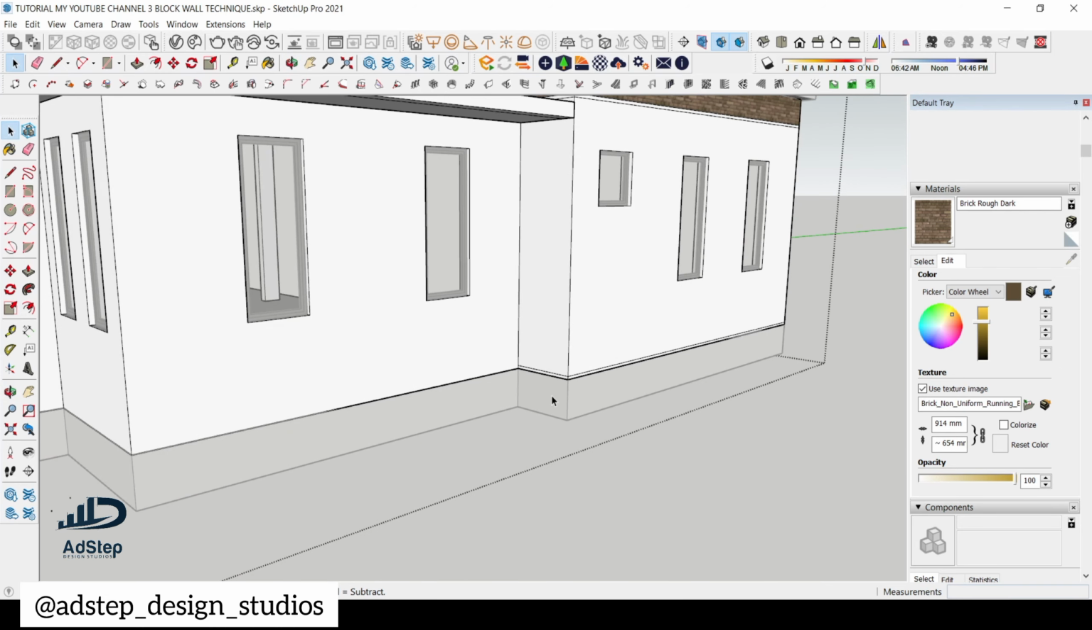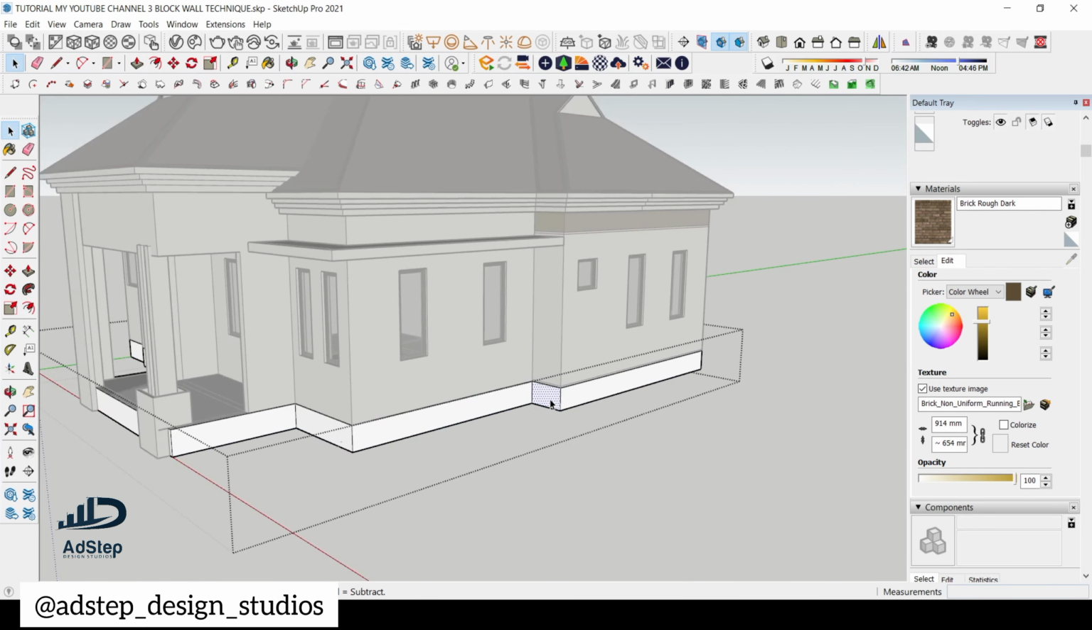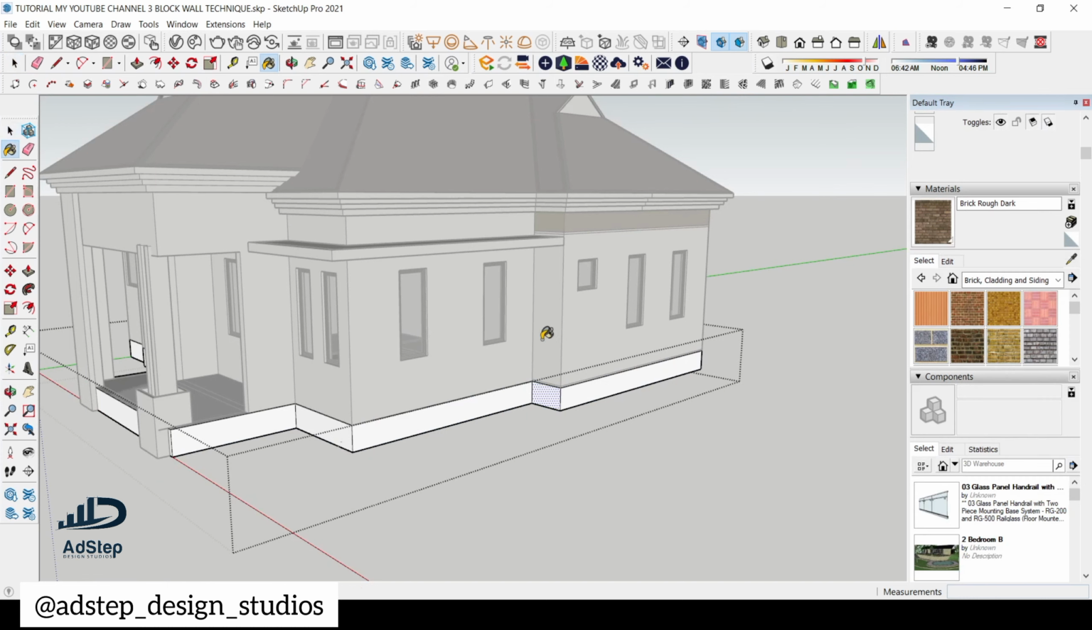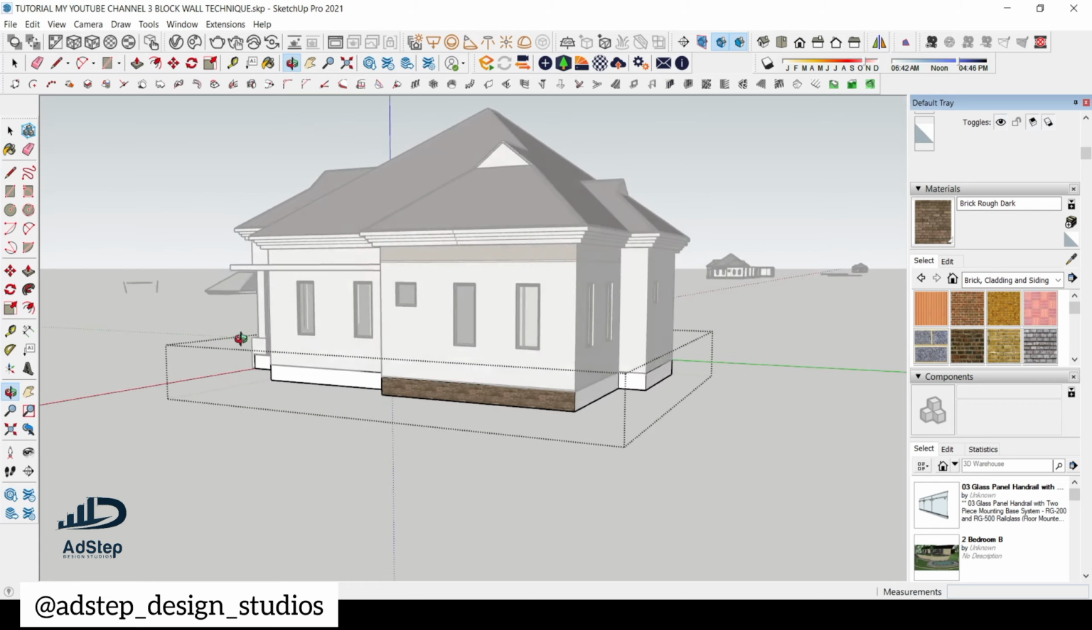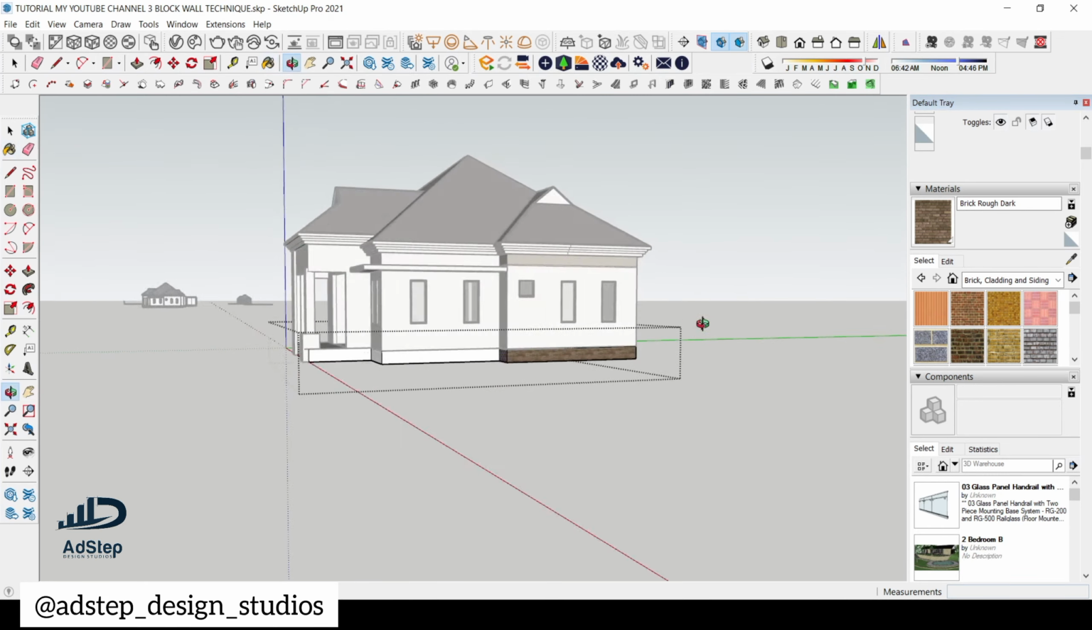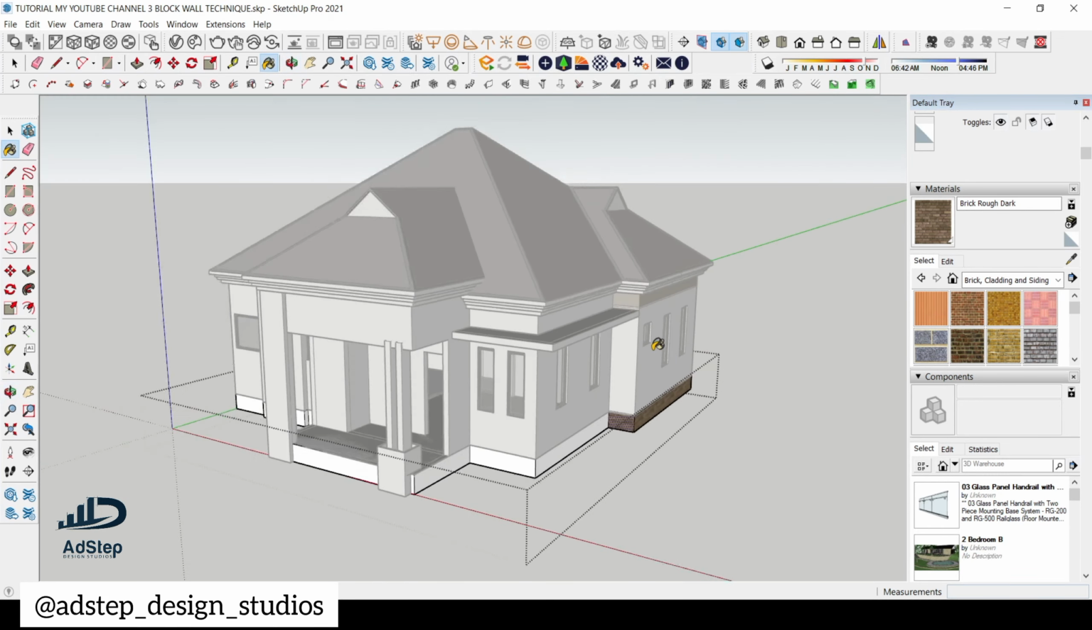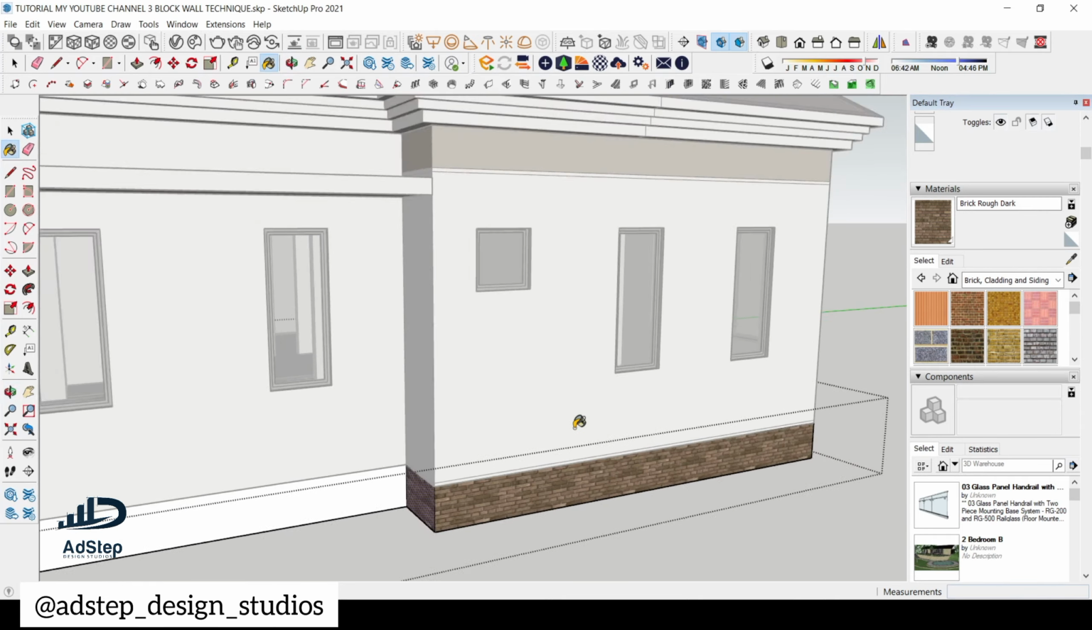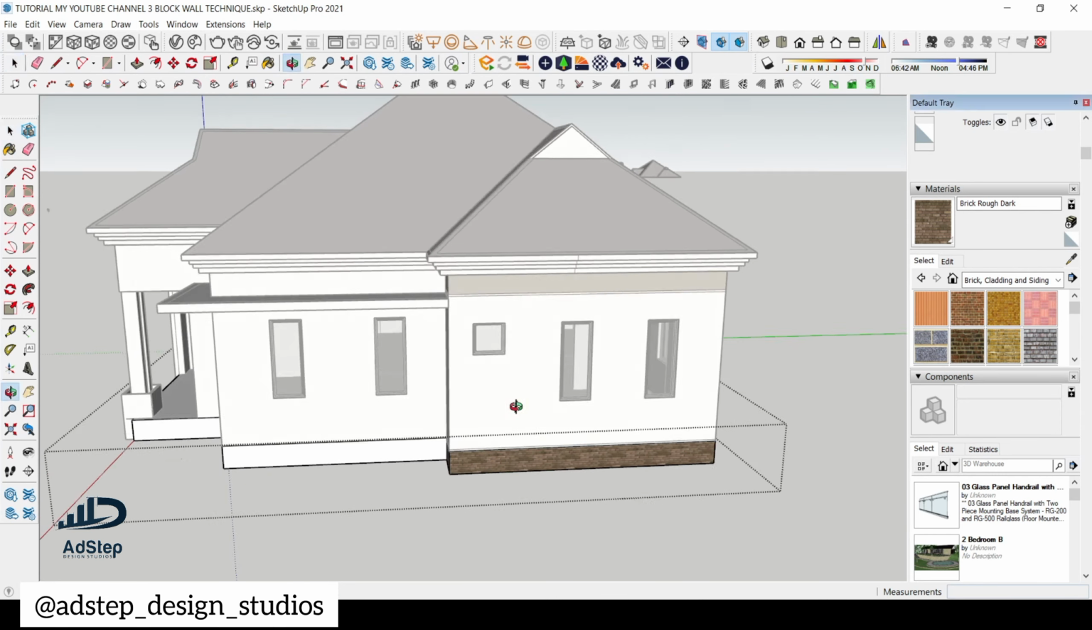This side too, I want to apply same texture to it. So as you have already used it, just click it and put it again. So that is it. Hope you guys get it now. So this side too,